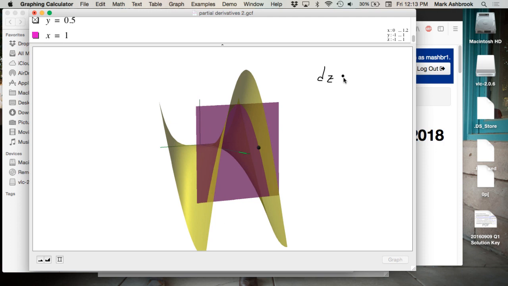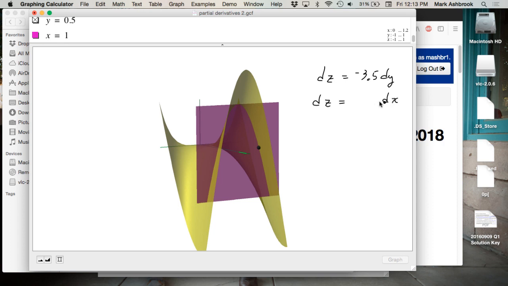Negative 3.5 times that amount. So increase y any little amount. But it has to be little too, because everything's changing, right? As soon as you move away from this point 1.5, then things are different. Rates are different. So for a little change in y, a change in z will be negative 3.5 times the change in y, and for a little change in x,